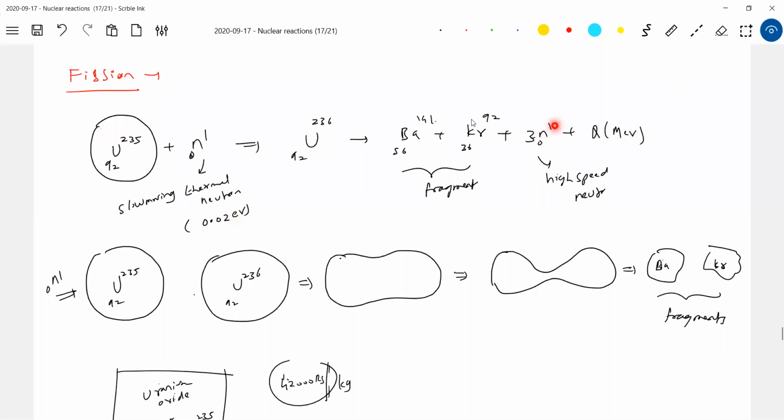I should decrease the kinetic energy of neutrons, so I'll go for a moderator. At the same time, I should also control the reaction. How to control that reaction? By controlling the number of neutrons available. For that, I'll go for graphite or boron rods. They absorb neutrons. If you let a neutron strike the boron or graphite rods, they will absorb it. They're good absorbers of neutrons. So I'll go for control rods. Using control rods, I can control the number of neutrons.